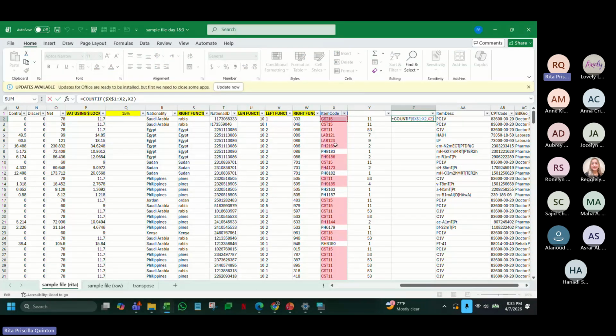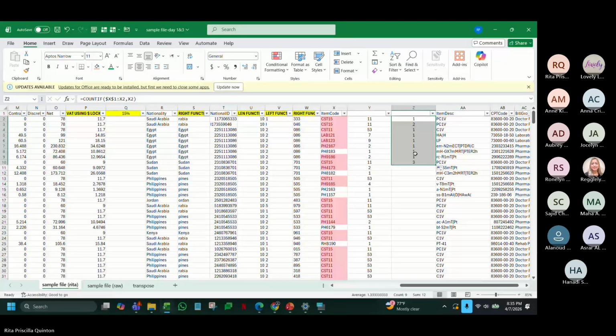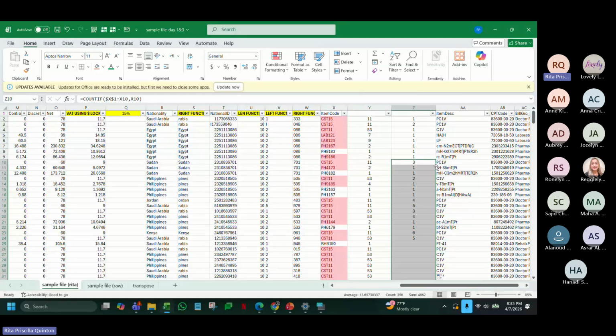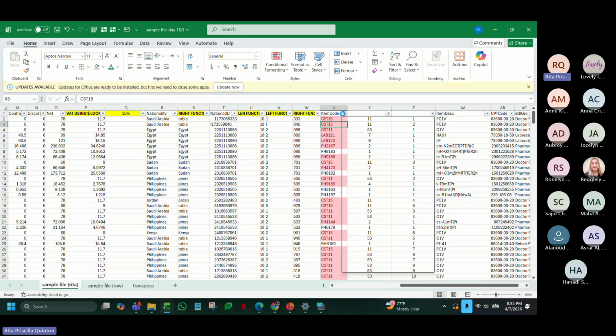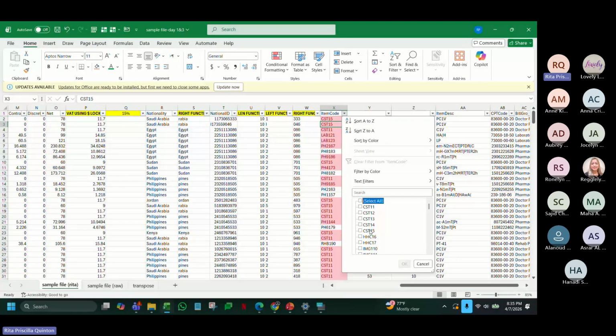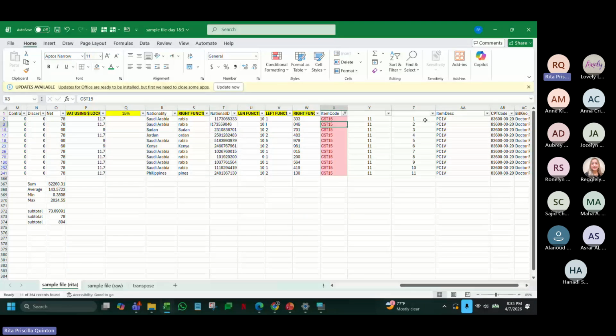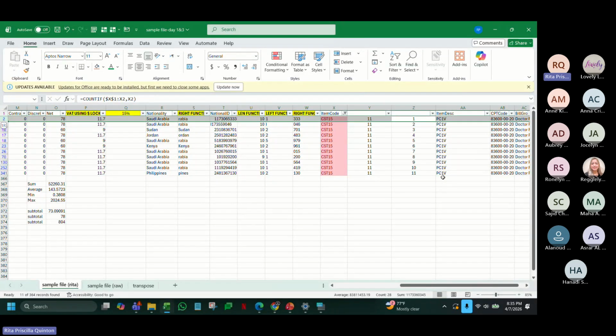So it does not include all the codes down. Why? Because I want to know which is second, which is third, which is fourth. So if I drag them down, see, this is the second, this is the third one. Some of these codes are repeated down, so we will see all together. It's autofill. Again, if I click CST15. Okay. Now, I can remove the others since I only need the first one.